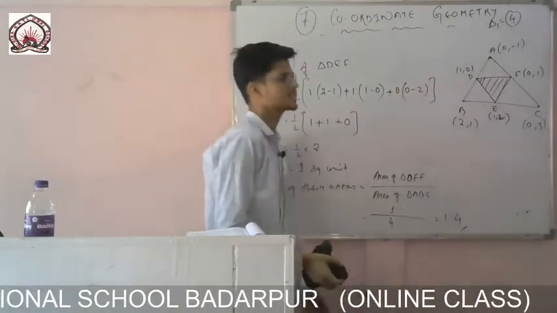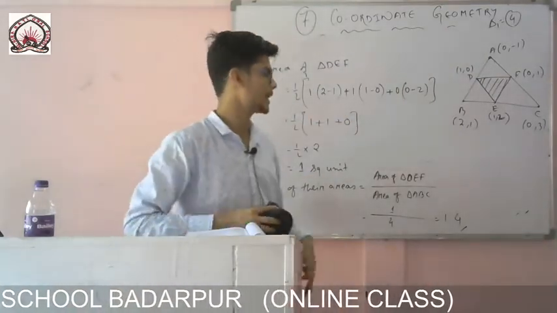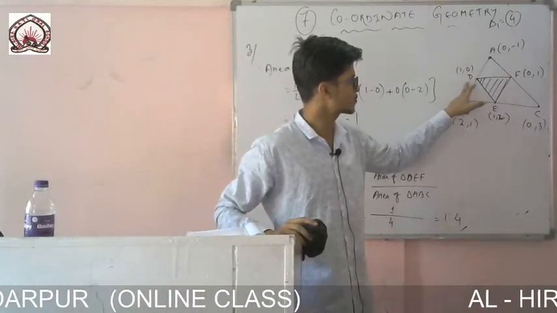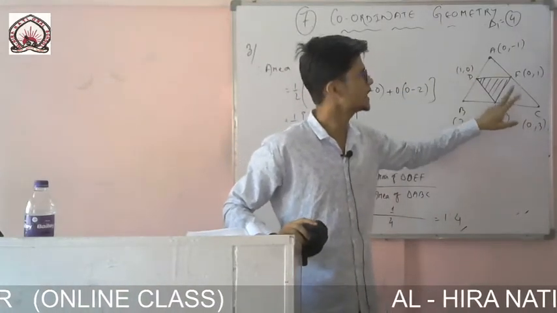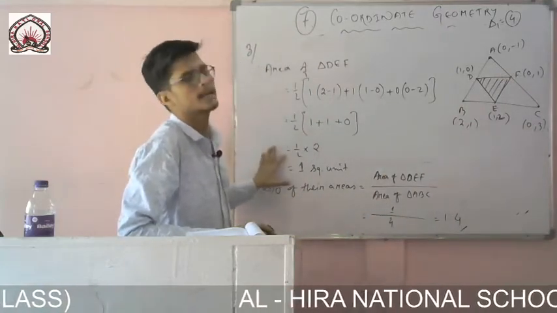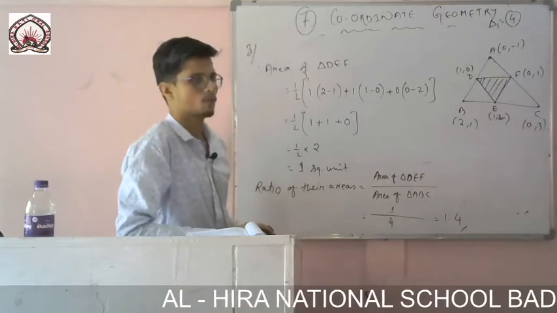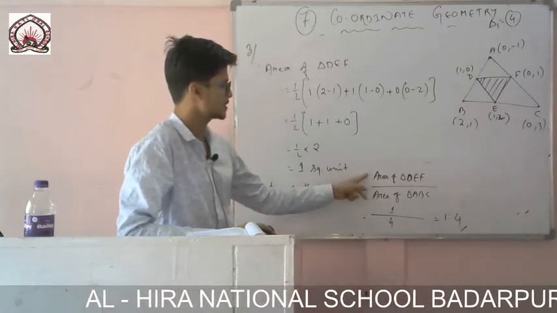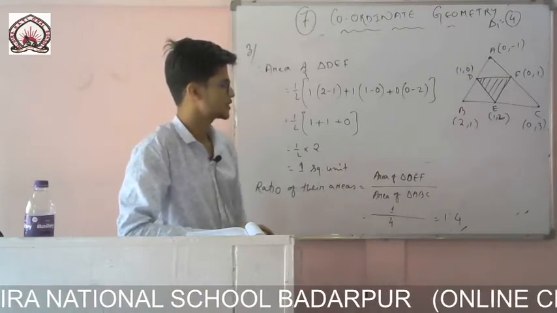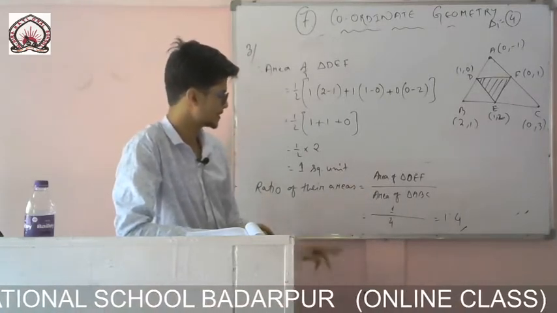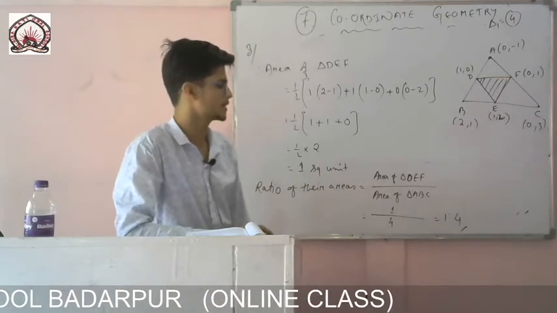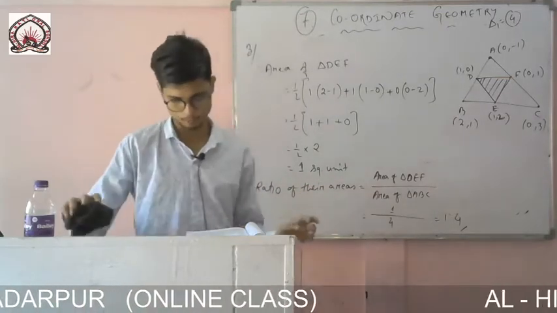What I have done at first, I have found the area of the triangle ABC, then from these coordinates I have found the midpoints, that is D, E and F. After finding D, E and F, I have found the area of the triangle DEF, and then the question is to find the ratio. Ratio means this triangle by the original one. So area of triangle DEF by area of triangle ABC. DEF came 1 square unit and ABC came 4 square unit. So 1 by 4 means 1 is to 4. Finished.